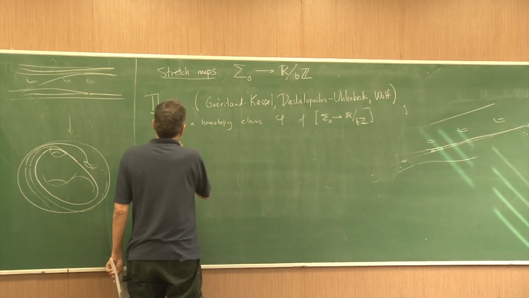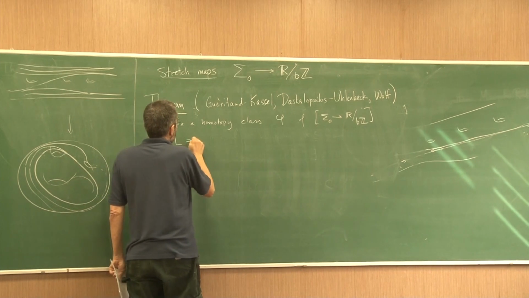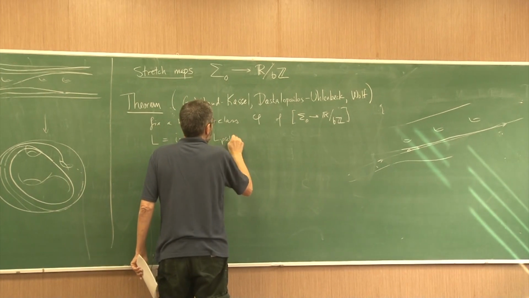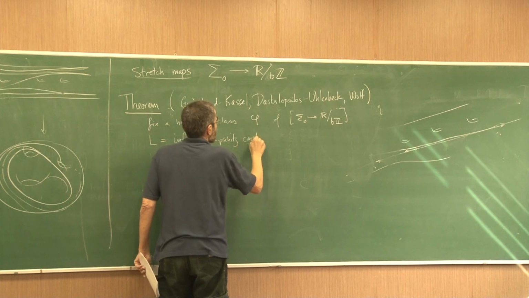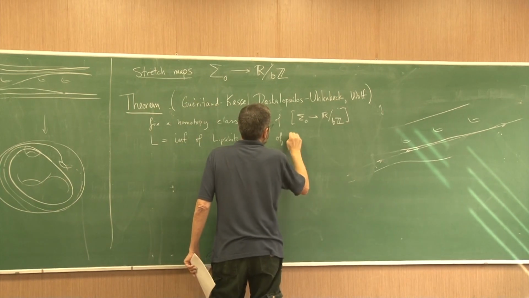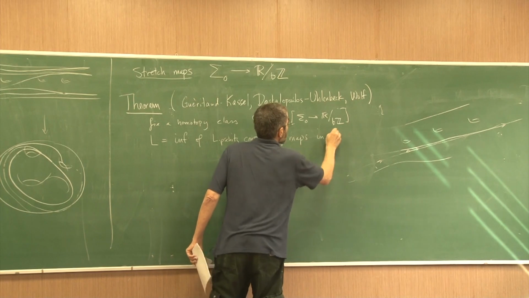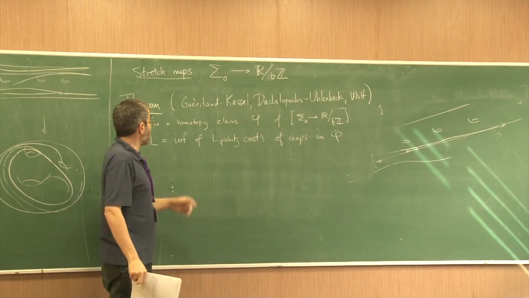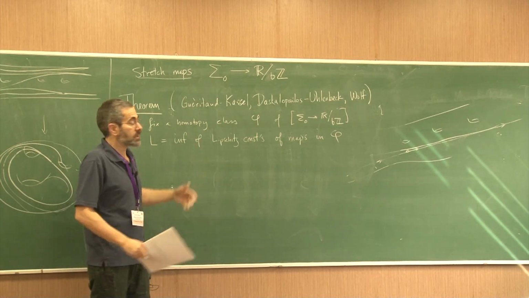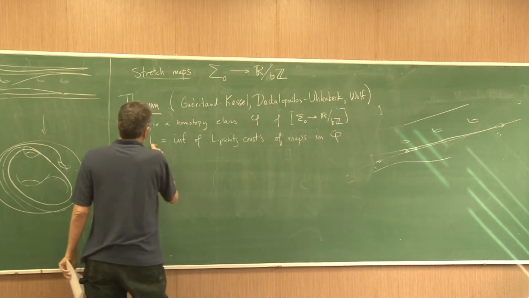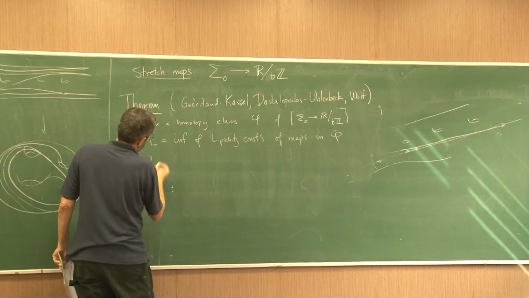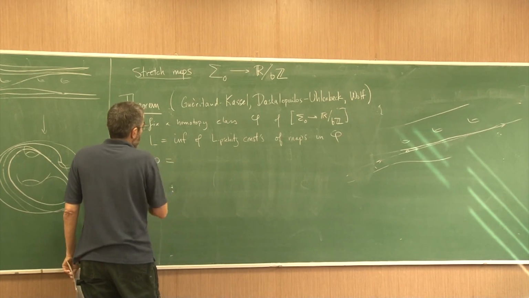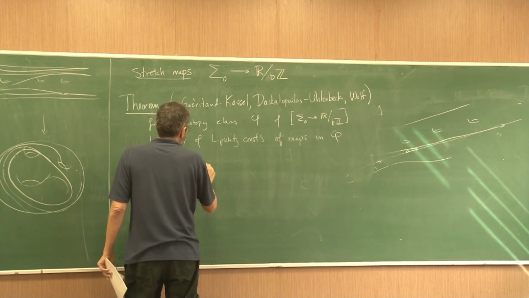Okay, then here are two different numbers. Let L be the infimum of Lipschitz constants of maps in this homotopy class. So try to make this map have the least maximum stretch it can. And in fact, the infimum is a minimum. You can always realize it by some map. And then here's a kind of lower bound for L. I don't have a good name for it. Let rho be the supremum of